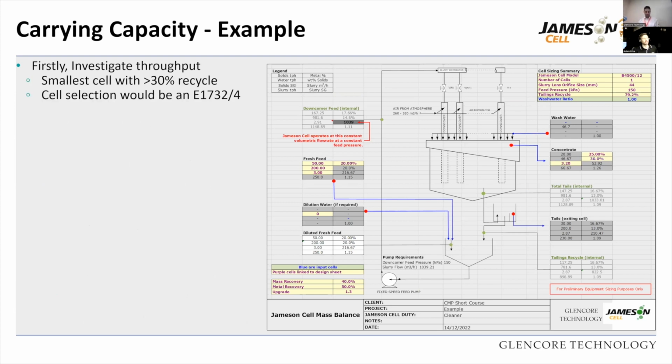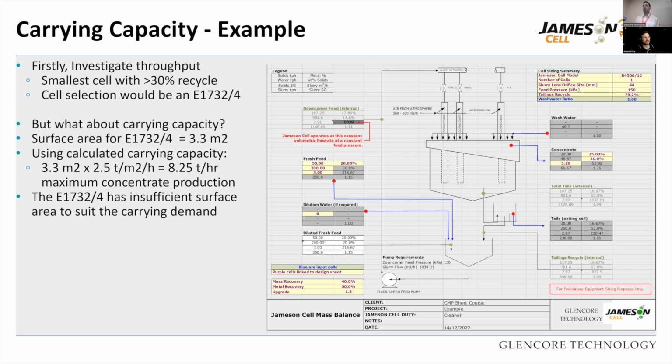So the smaller cell we can fit that feed into, and still have that 30% recycle, ends up being our 4 downcomer E cell. But then when we have a look into the carrying capacity, if we were checking specifically for that 4 downcomer E cell,